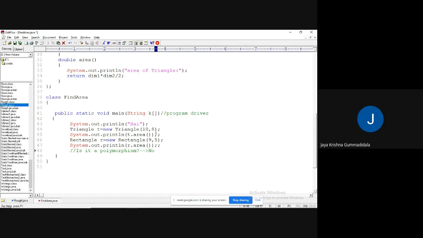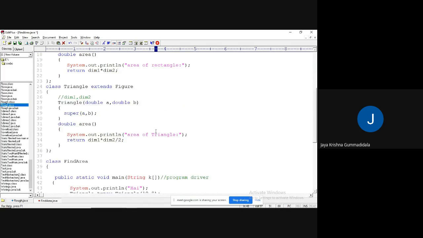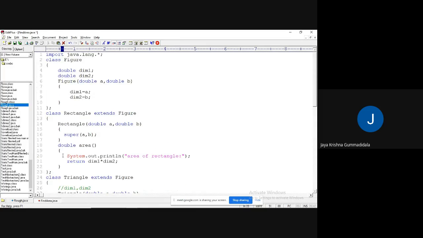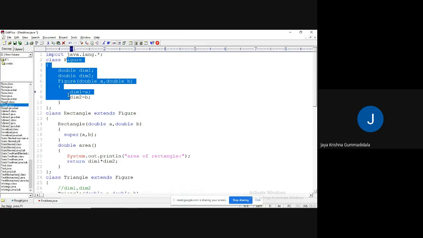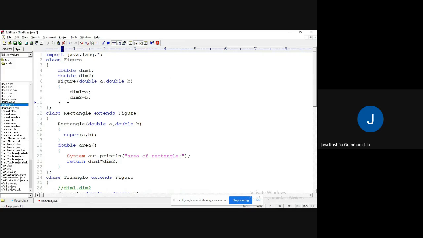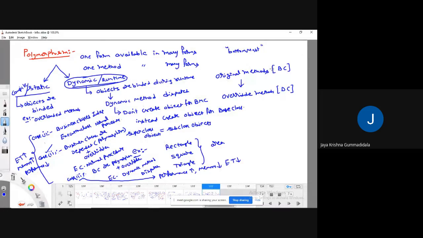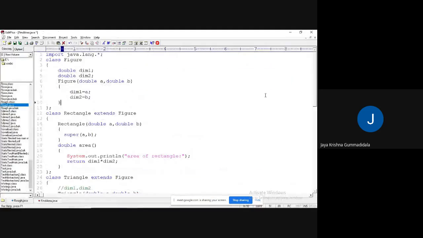If I say it is a polymorphism principle, the method should be available in the original class. That is the principle of polymorphism: the original method should be available in the base class, and all the overridden methods should be in the derived classes. So it is not polymorphism.